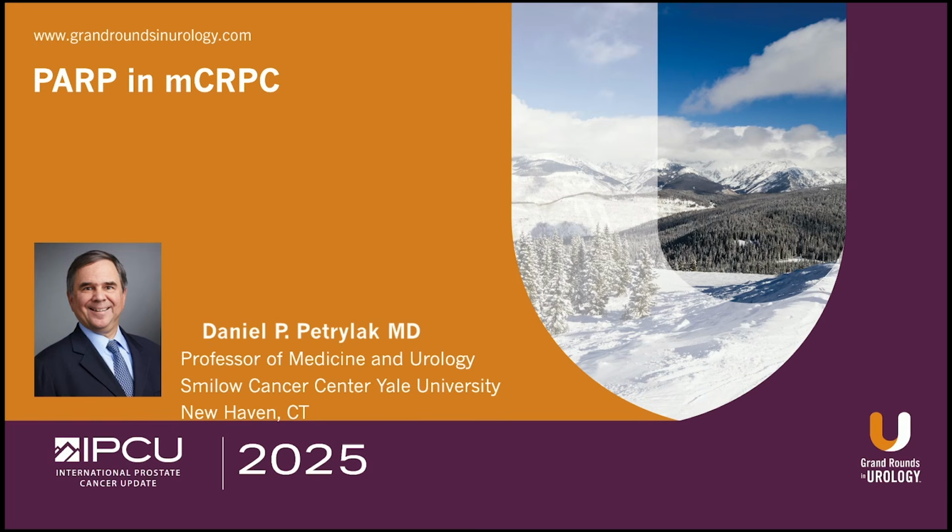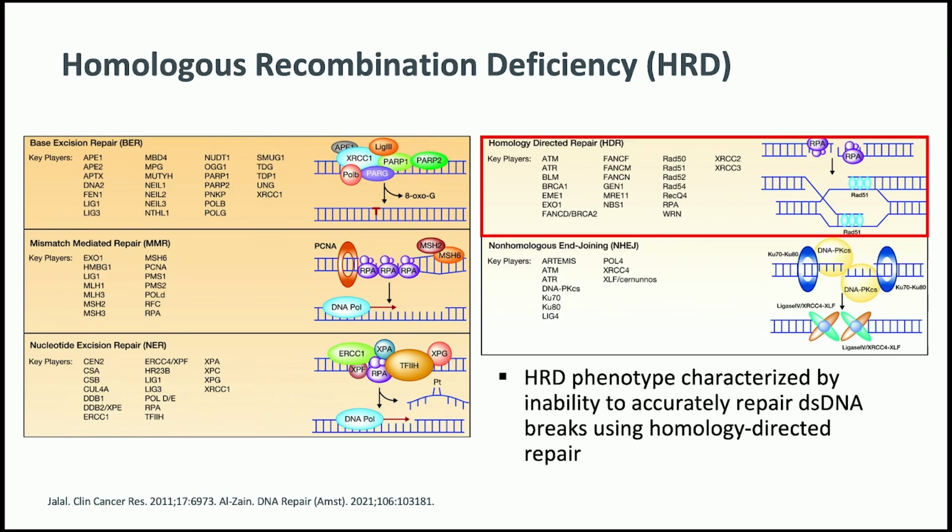We're going to be talking about PARP inhibitors in prostate cancer. So let's talk about what's called the homologous recombination deficiency. There are many ways in which DNA can be repaired. These include base excision, nucleotide excision repair, and then you can have both double-stranded as well as single-stranded reannealing of DNA. The HRD phenotype is characterized by the inability to accurately repair DNA double-stranded breaks using this